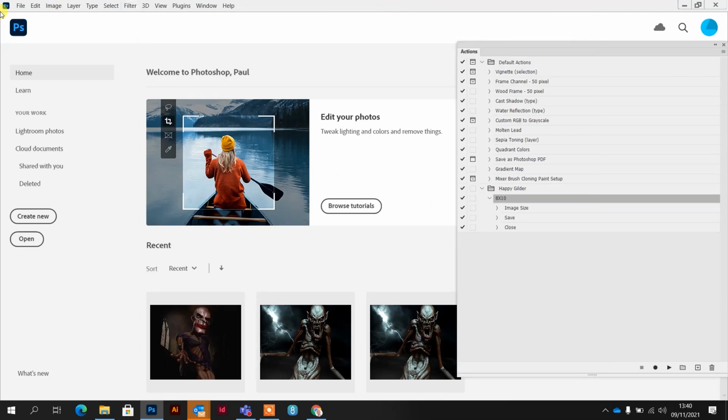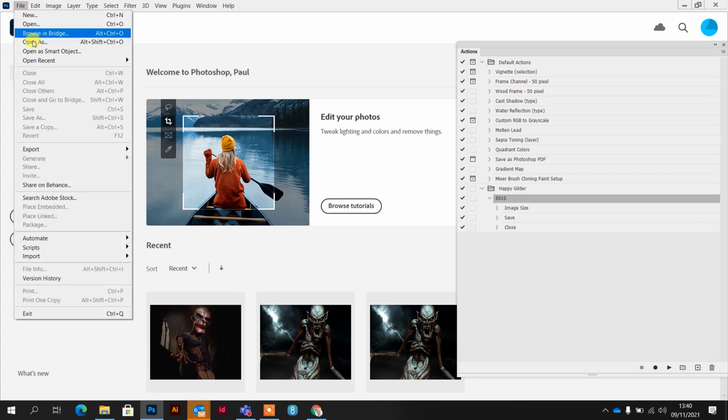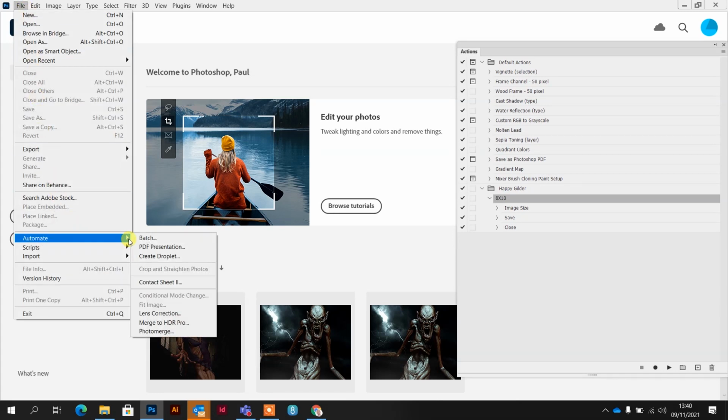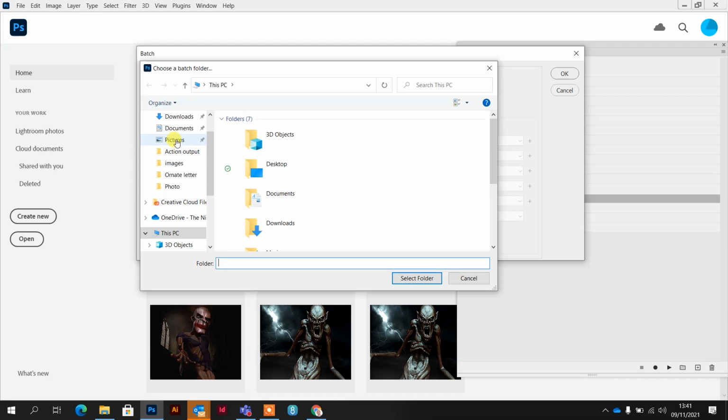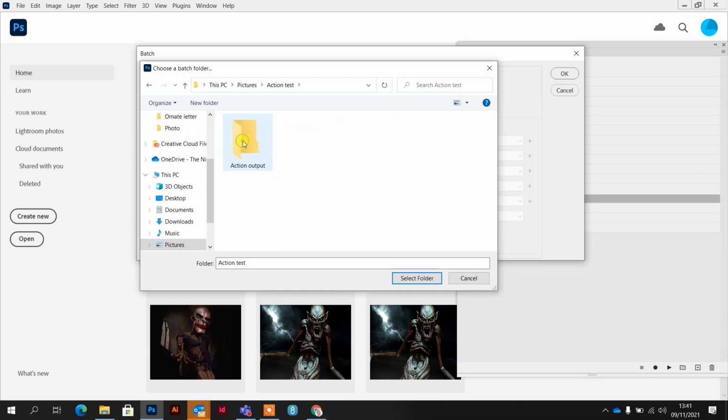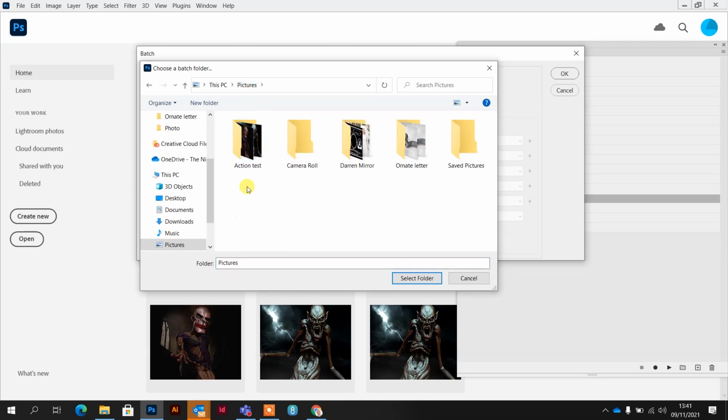And what I'll do there is I'm going to go to File, Automate, Batch. Now, what that's done is it's got the Happy Gilder action set selected, the 8 by 10 action selected, but instead of open files, which it would have the option of while you've got things open here, I'm going to go with folder. And then I choose my folder. So let's select this folder,